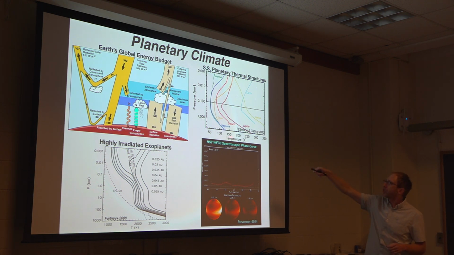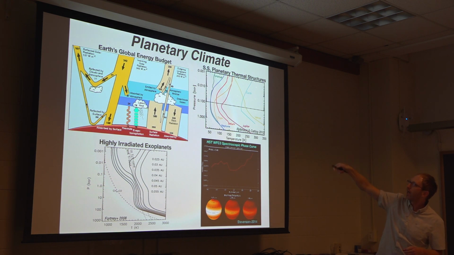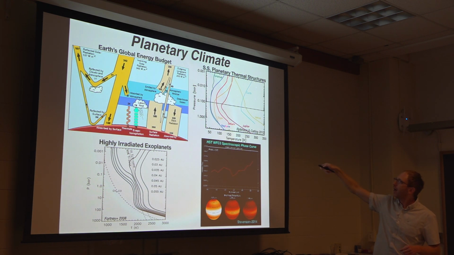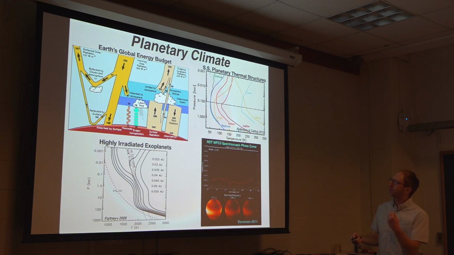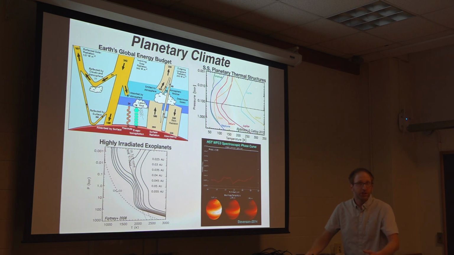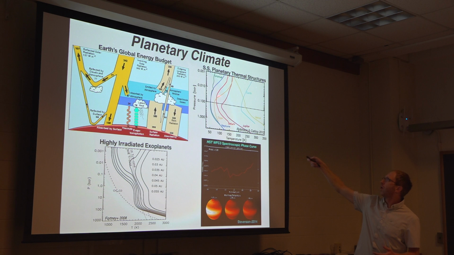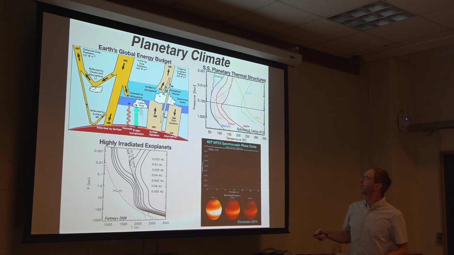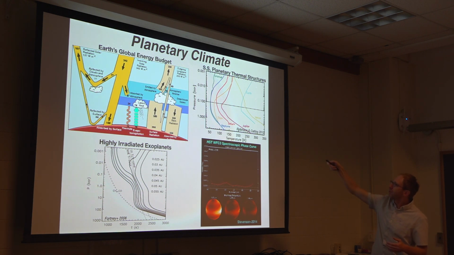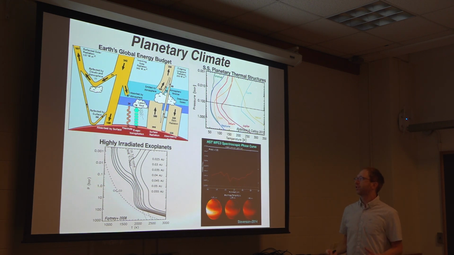If you look at thermal structures in all of the solar system planets, so right here this is pressure, a proxy for altitude, so higher altitudes up here and temperature down here. A trend that we see within our own solar system is all of the temperature profiles seem to turn over and increase with increasing altitude, the so-called stratospheric inversion. Different mechanisms are causing that in the solar system planets, right? On Earth, it's ozone, and then we think it could be hazes and a little bit of methane in some of the Jovian worlds. Point is, there's some diversity in the thermal structures within our own solar system,